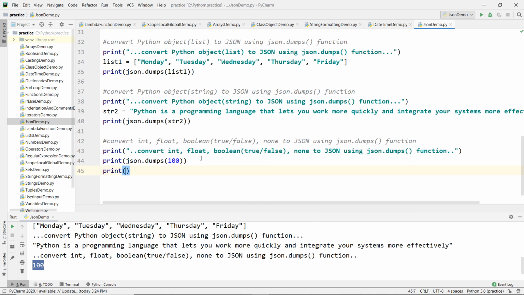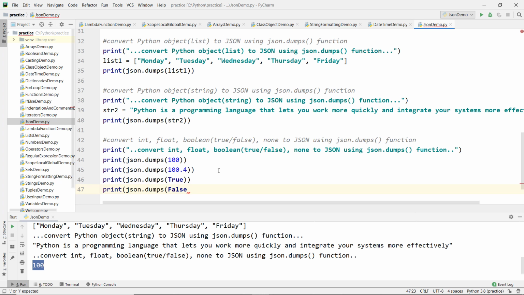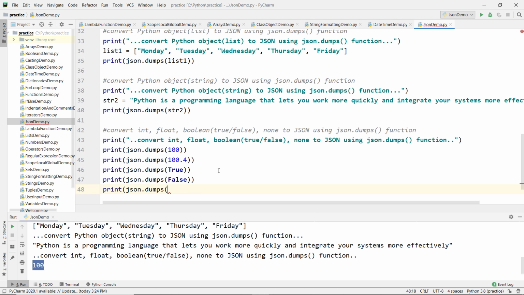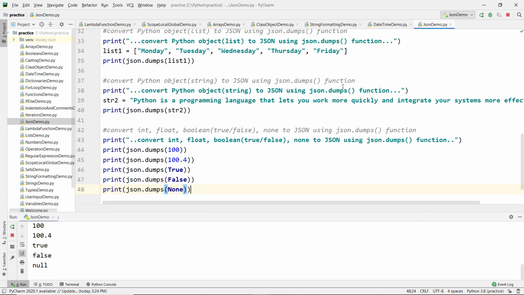Similarly, let's use the dumps function and pass a float value, and the same way pass a boolean value that is False, and the last one, pass None. Now if you run it, we can see the values 100.4, true, false. For None, the equivalent JSON object is null.